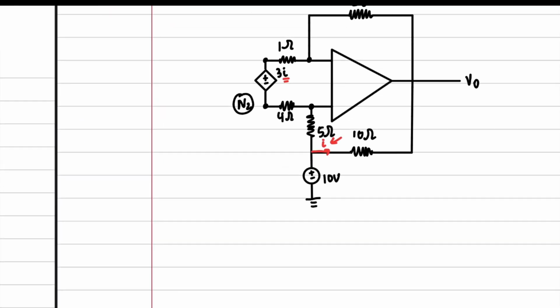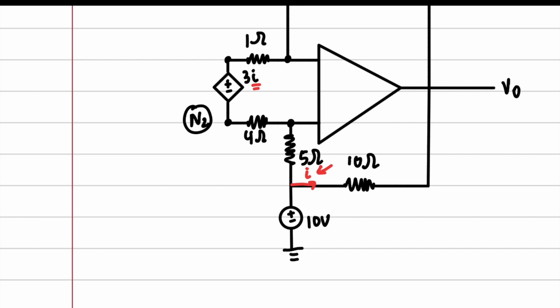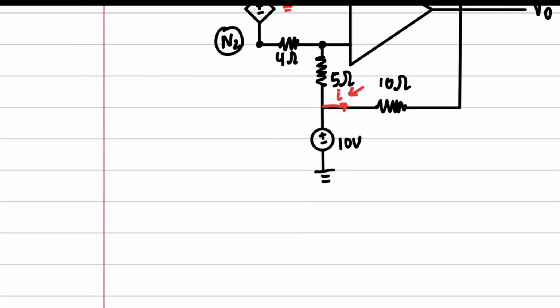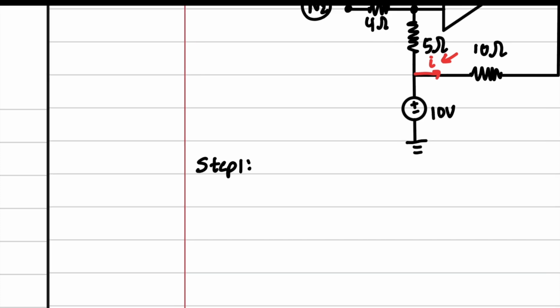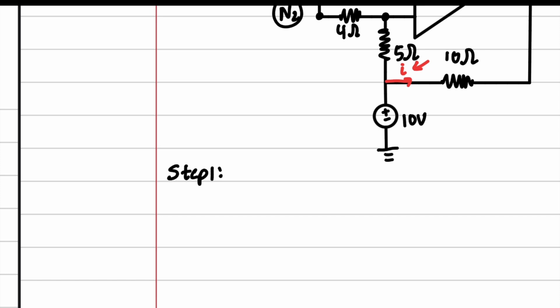Now, my professor taught us to always remove the dependency, okay? So put everything in terms of what you want to find. And what we want to find is a voltage in this case. So step one, before we even write the nodes, we're just going to go ahead and get I out of the way. So write I in terms